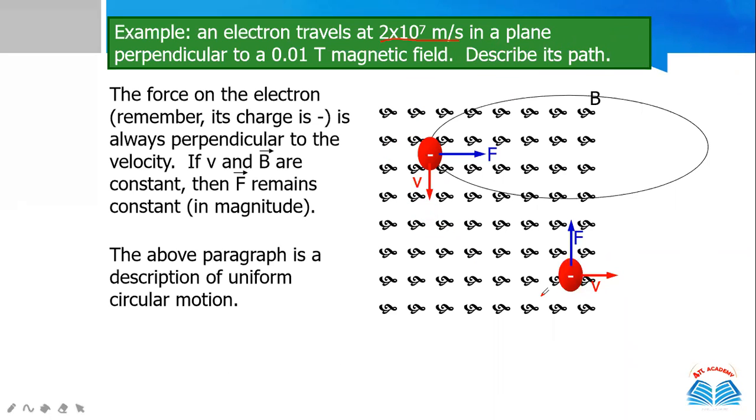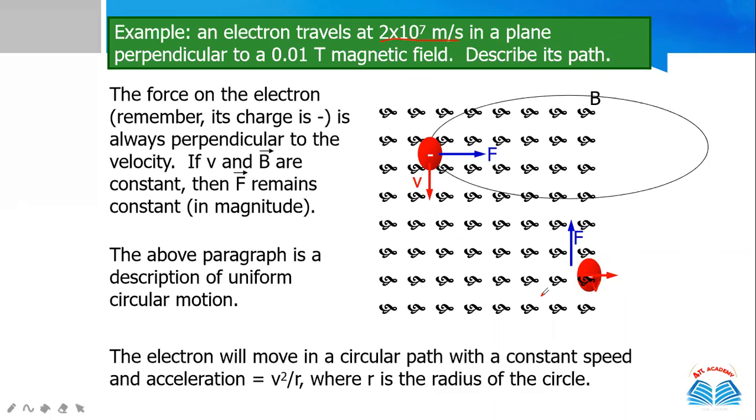You can see again, the charge was here, and if I am applying the velocity, it starts moving like this. So the electron will move in a circular path with a constant speed. And what will be the acceleration? The usual acceleration: if r is the radius of that conventional circle, then the acceleration will be v square over r. Hence, you can now solve the question.